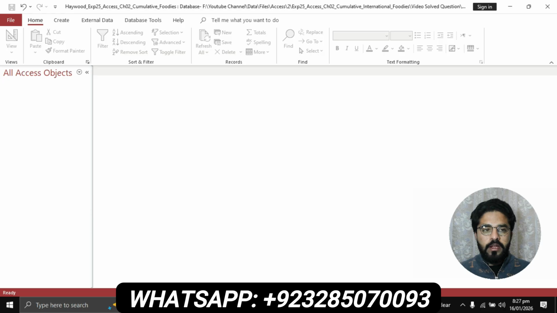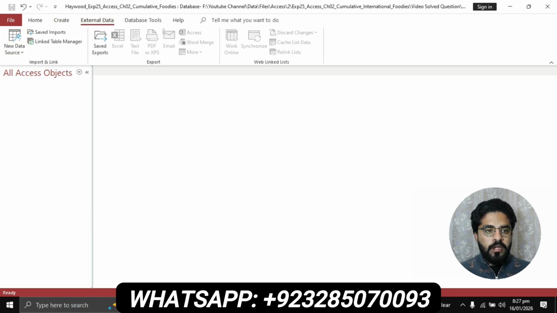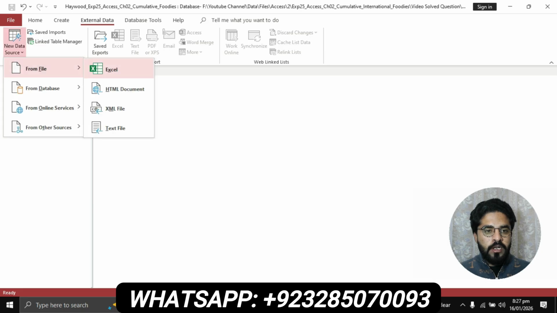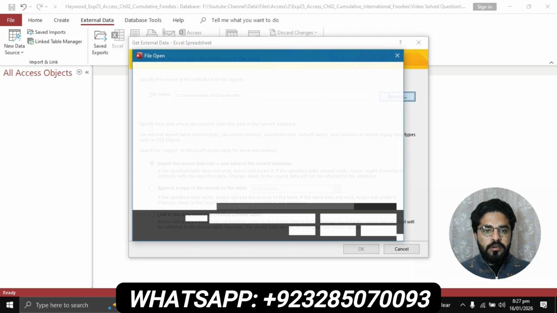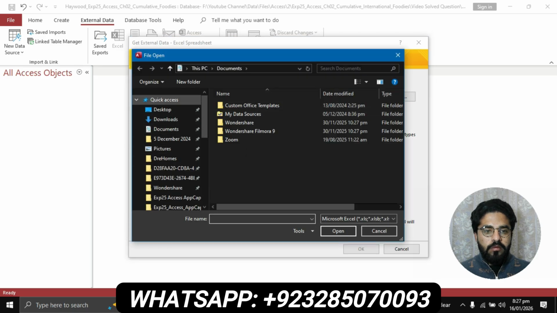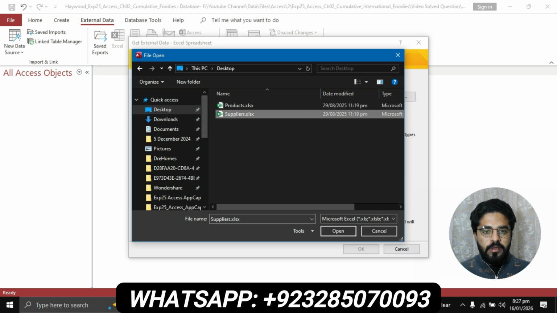Go to the file. Then click on the External Data tab. Then go to the Import and Link group. Click on New Data Source and select Excel and browse the document. Go to the desktop, supplier,